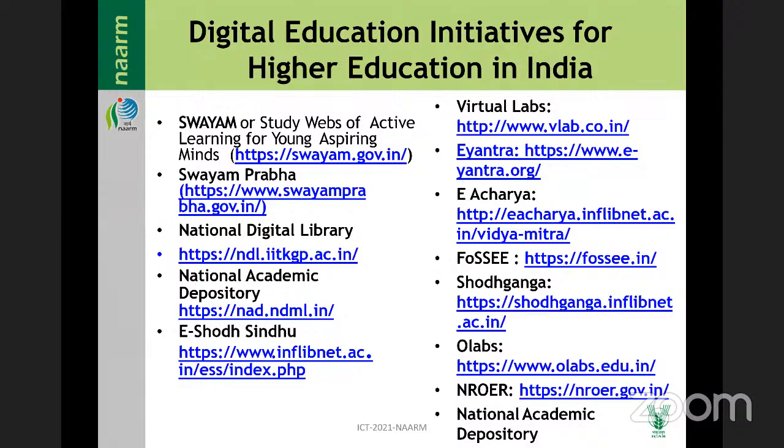INFLIBNET for agriculture purposes, Virtual Labs at vlab.co.in, Yantra, Acharya. These are all library aspects. Then the e-Gyankosh, OLabs, NROER, National Teacher platform, and others.